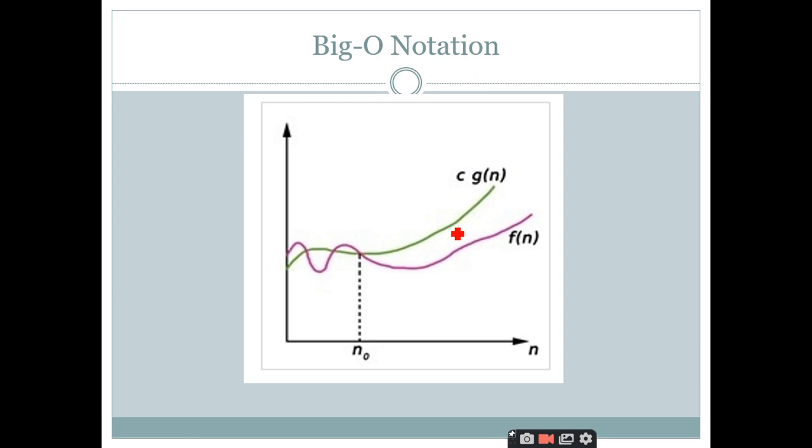Right. So this is the graph we have shown. This is the function of our interest, and this C into g of n represents the upper bound. It says that f of n cannot go beyond this value for any value of n. You can see here, this is n naught, here it starts, and for any value of n you take, it never crosses this C into g of n. So this is the big O notation. Is it clear?